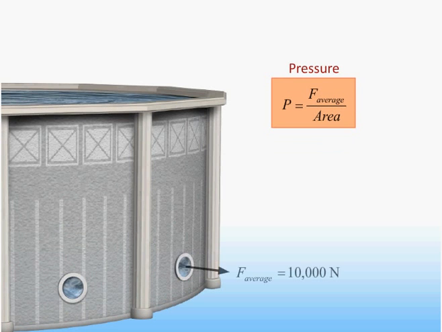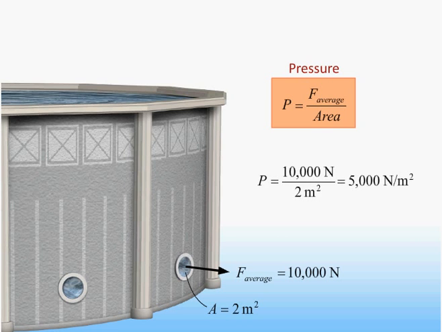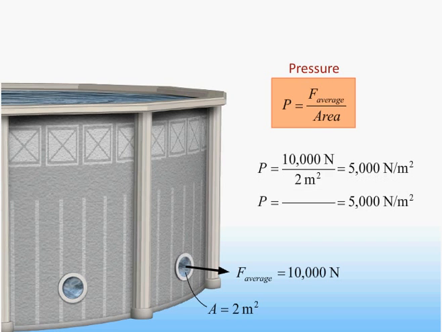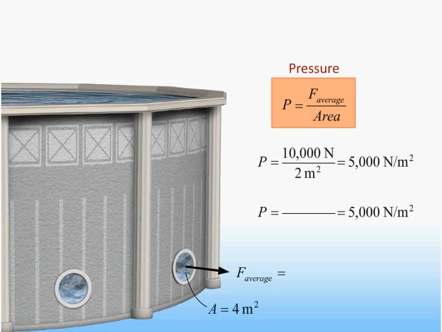For example, if the average force of the water in a pool pushing against an underwater window is 10,000 newtons, and the area of the window is 2 square meters, then the pressure of the water on the window is 5,000 newtons per square meter. The same pressure acting on a window having twice the area would exert a total force on the window that was twice as big. The pressure of a liquid always produces a force that is perpendicular to the surface it